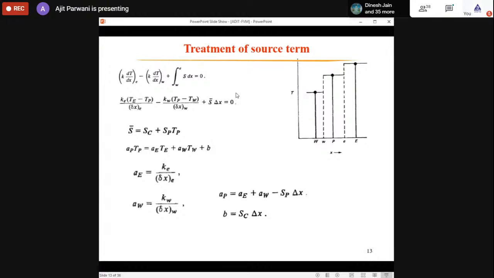The source is a function of the temperature. It is not necessarily always a linear function of temperature. It could be a function of the square of the temperature, or of the cube of the temperature. When that happens, we have to change it into the linear form. How can we change it into linear form? I will discuss that later on, because the linear form is very easy to handle. So if the source is a function of a higher power of the temperature, then we need to convert the source term into the proper linear form. How will we do this? That I will discuss later on.